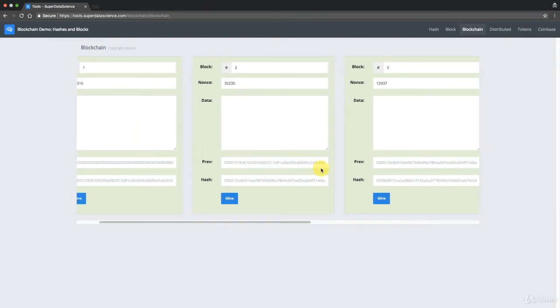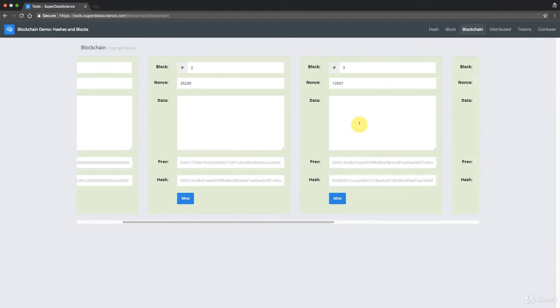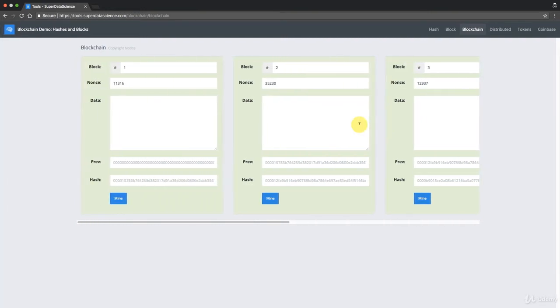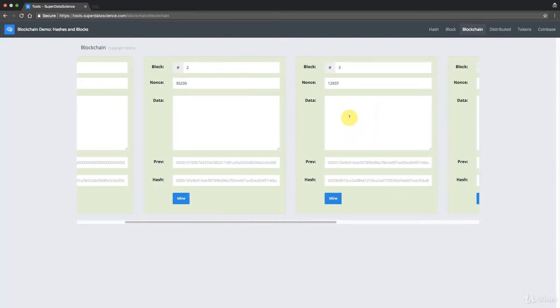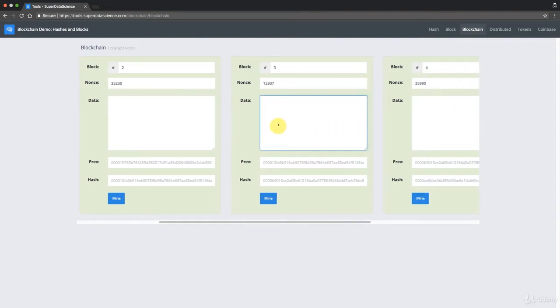And moreover, each one of the blocks has a valid hash. So it's below that certain number. So it starts with the 4 leading zeros. And so let's have a look at what happens if we try to attack this blockchain. So for instance, if we try to change the value, let's say in this block. So for example, let's say to start off, we're going to add some